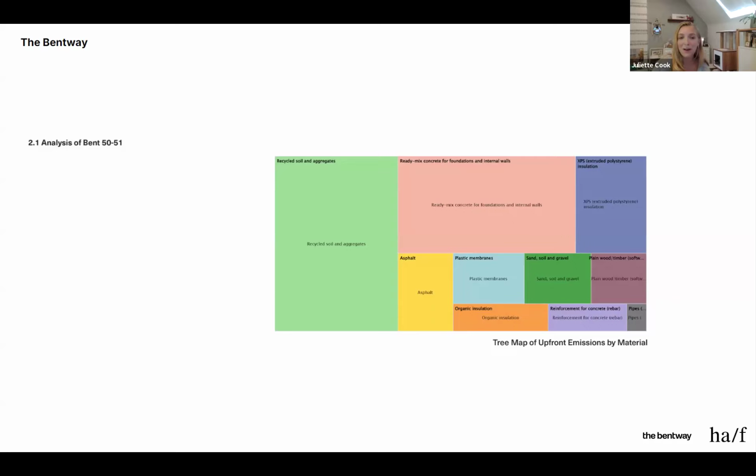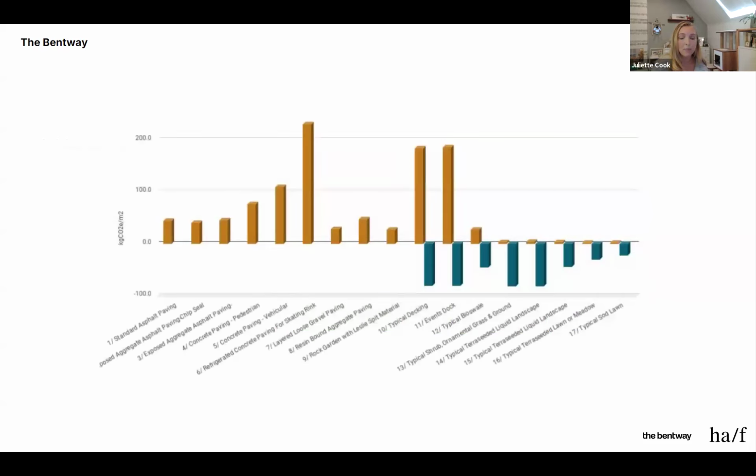So that was a bit of a learning on the project where we thought the wood decking might come out as a lower carbon, but because the assembly detail still had those materials, it actually ended up being one of the higher carbon intensive assemblies. And so it's really critical from that learning to consider alternative modes to founding the decking that still consider accessibility, but would reduce upfront emissions and increase the total area of porous landscape.